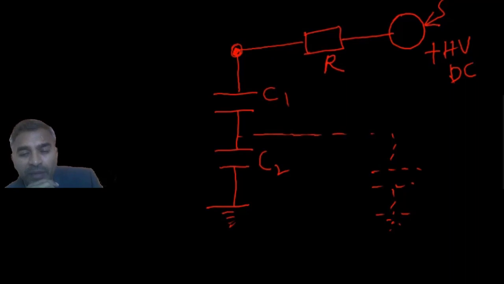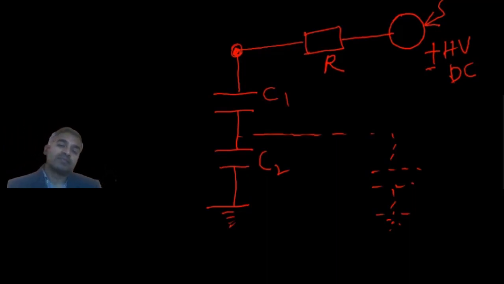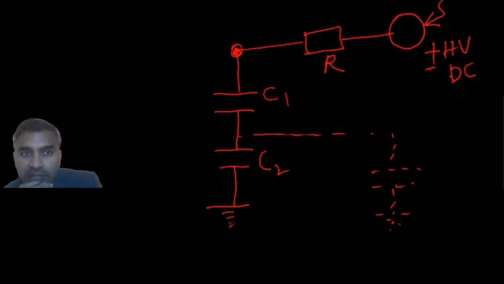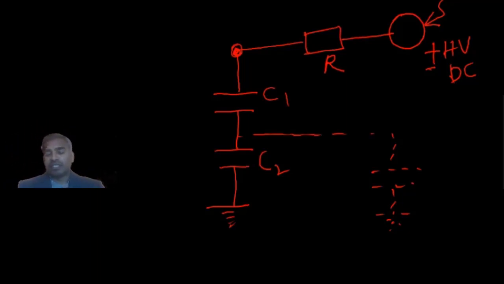Yes, sir. Will it affect the measurements, connecting a resistor, under DC? I am asking under DC. No, sir, because at steady state the capacitor voltage will reach its full DC voltage. Only initially it is a problem, but after that, under steady state, there is no problem, right? Yes, sir. It will reach the full voltage, so it's not a problem. You are only avoiding sudden charging of the divider.